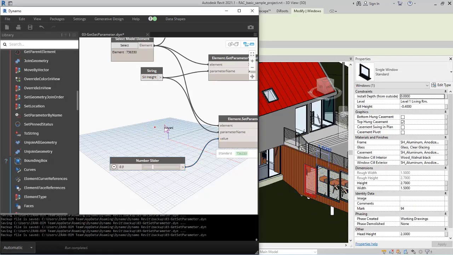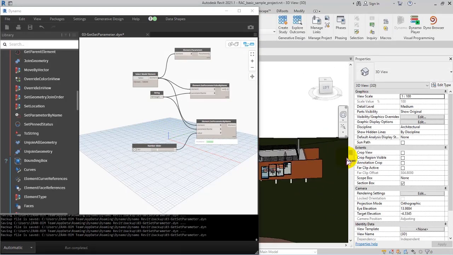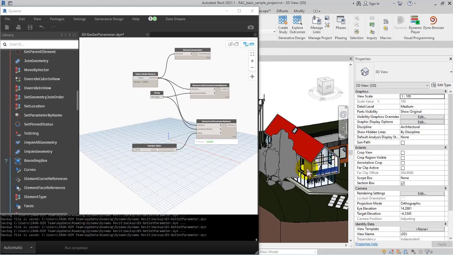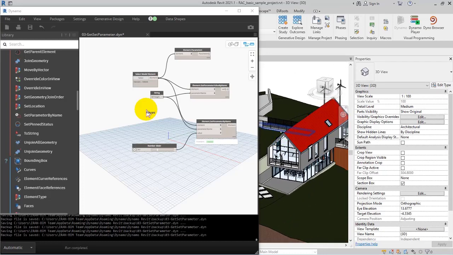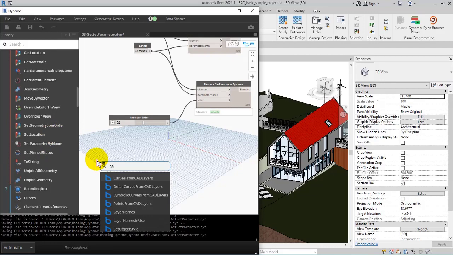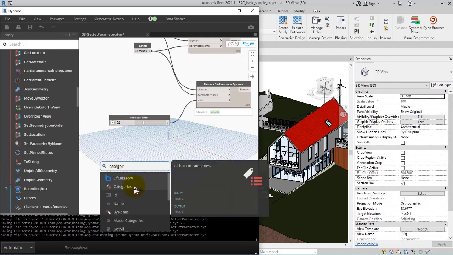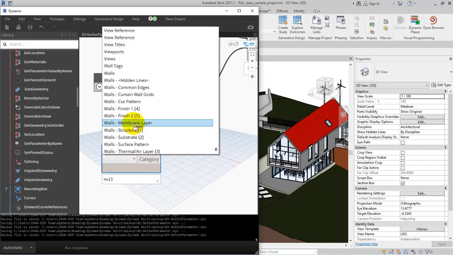Well done. Here we got another one at the back of the house. Well done. And then I search here categories, and then I specify windows in my categories,